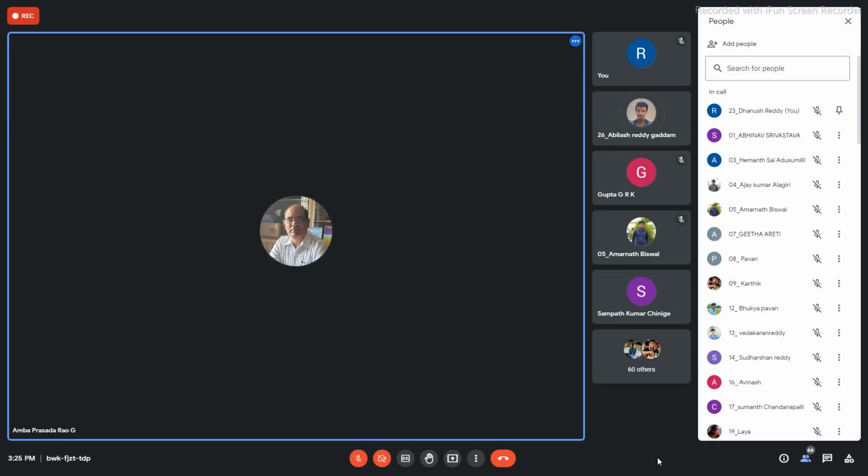C8H18, octane. Isooctane means C8H18 plus O2 plus N2, since air means oxygen and nitrogen. So complete combustion, you assume it. Then what are the products here? The right hand side: CO2 plus H2O plus N2.